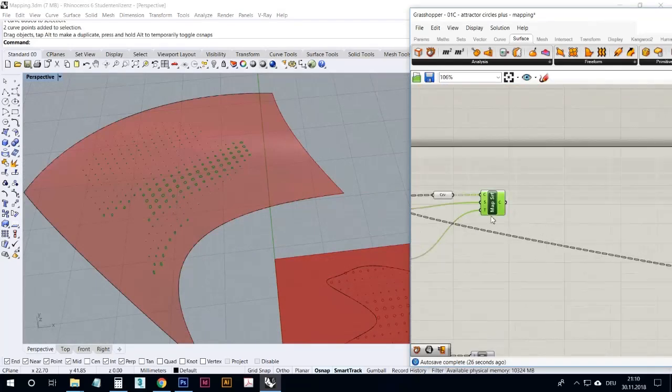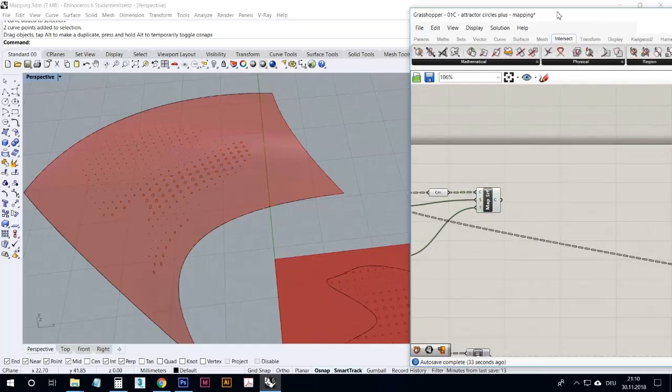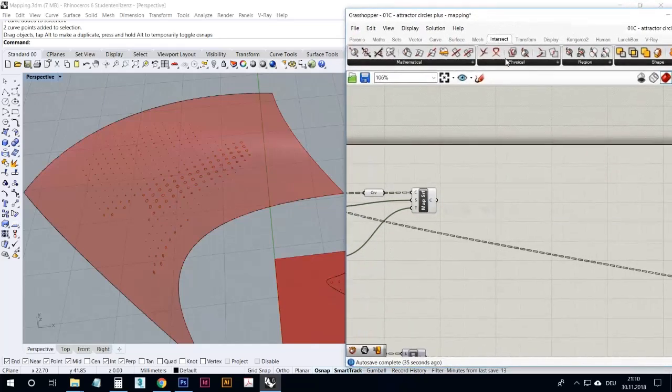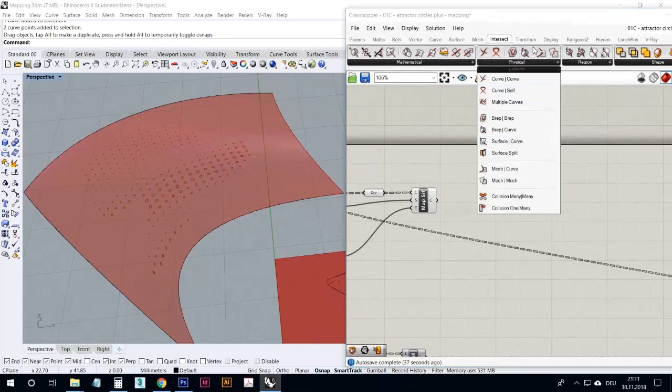But we wanted to also cut in this, right? And this is made by the intersection tool here. We have a lot of intersection tools, but on physical, for example, I won't go through all of them, but it's a good thing to just start trying all of these and see what they are. So surface split, if you hover here,